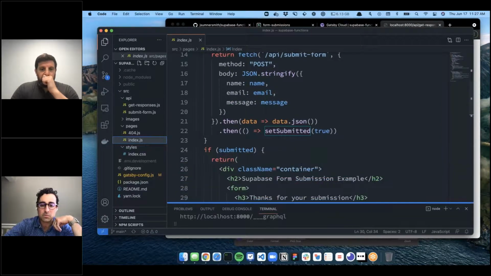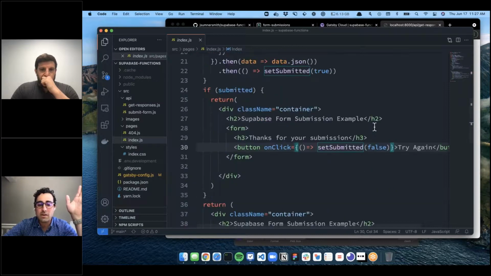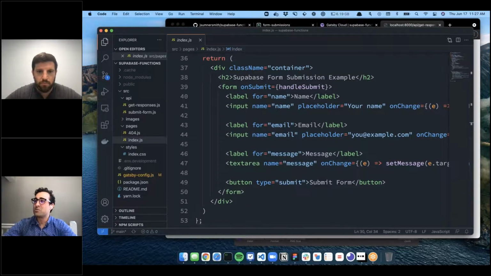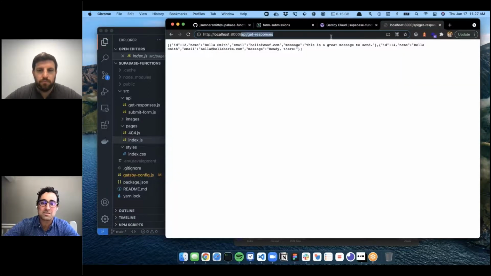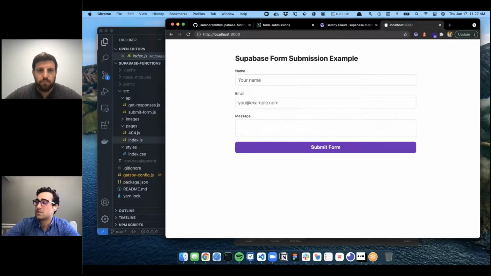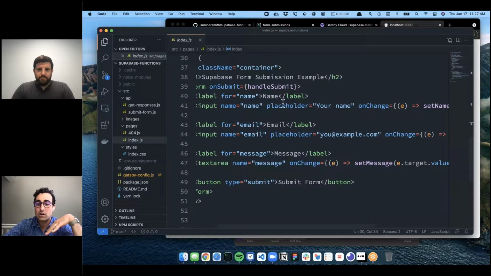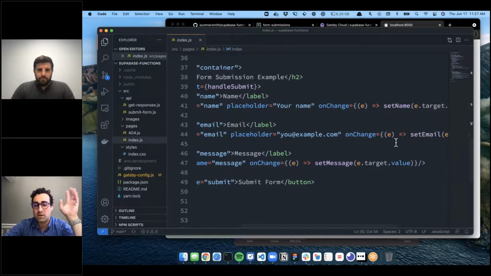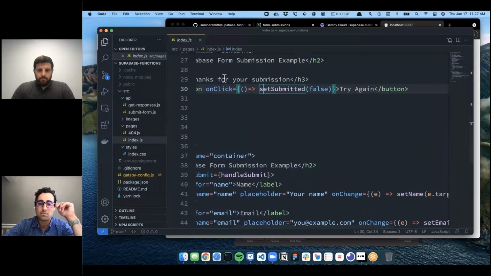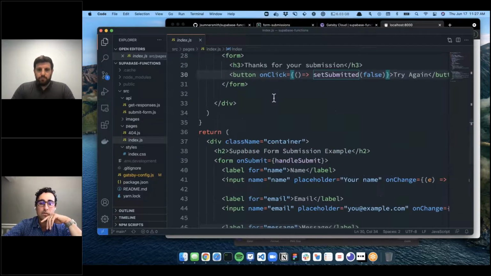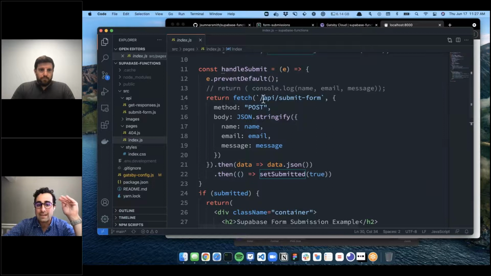So let me just pull the terminal down because there's maybe a little bit more going on. Here I have a pretty normal-ish form, which we looked at on that page over here. So if we just go back to /api on localhost, we have a name, email, message, a pretty vanilla contact form. Here I've got all of those, and I'm managing state on each input. So for name, email, message, I'm using that to set a single piece of state, and once we handle the submit of the form, we'll hit that endpoint.